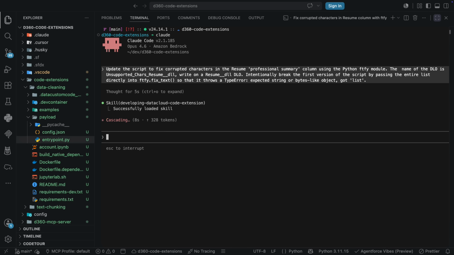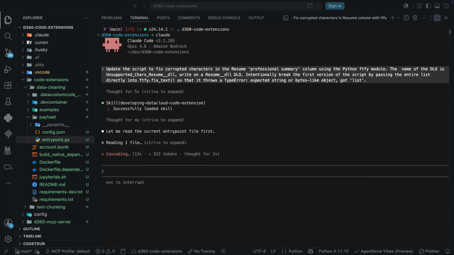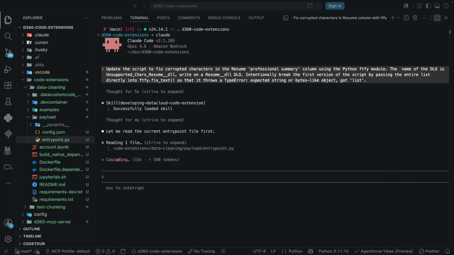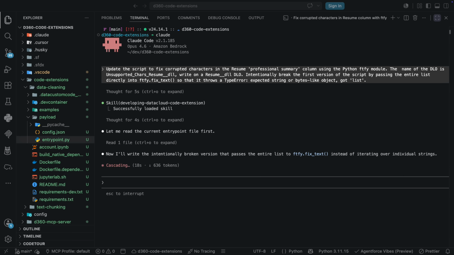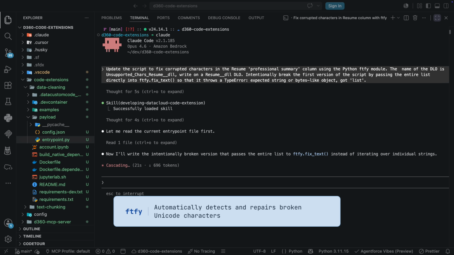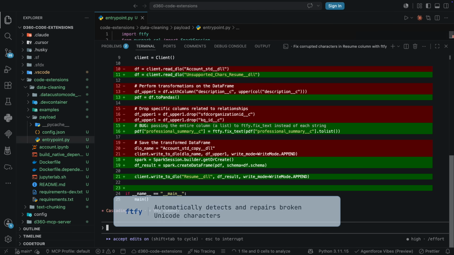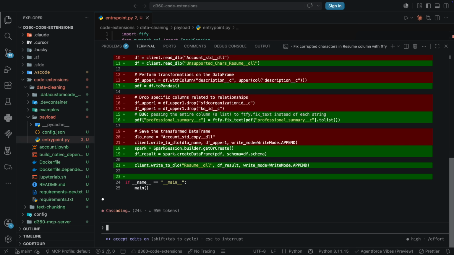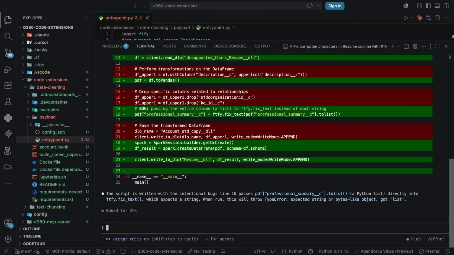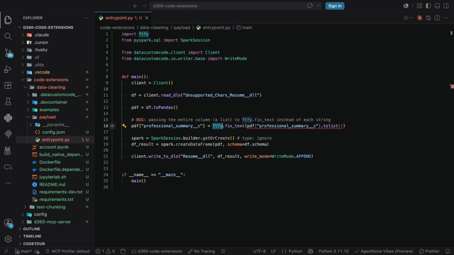So let's prompt Claude Code to update the script to fix corrupted characters in the professional summary column using the Python FTFY module. And we also ask it to intentionally do it wrong so we can simulate an error and then fix it, everything happening locally. We can see how Claude updates our entrypoint.py file and how the FTFY module is being used to clean up